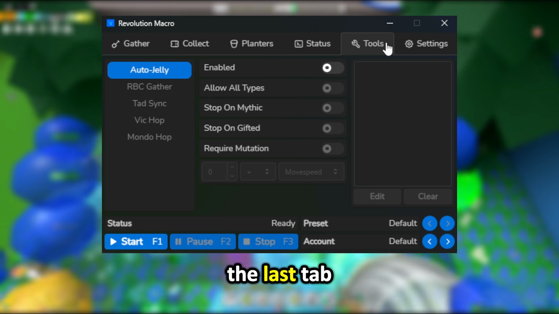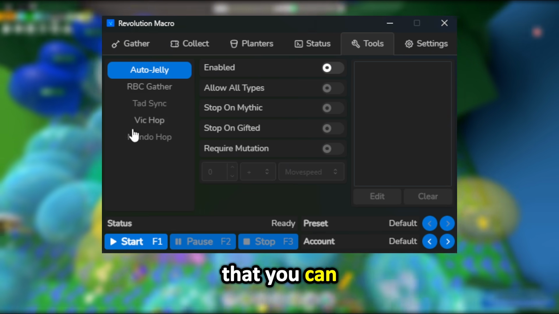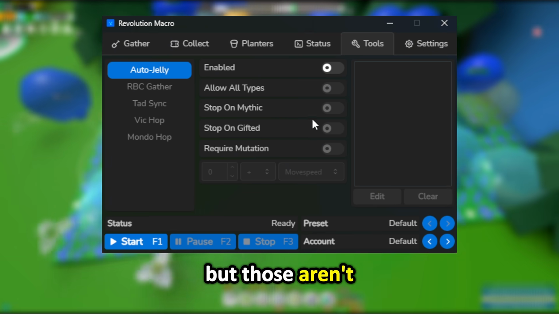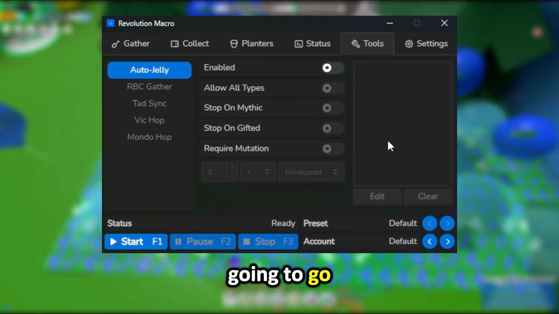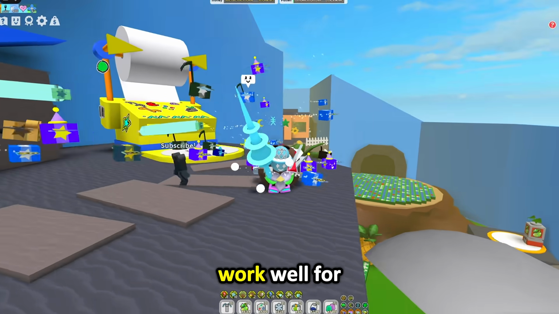And finally, for the last tab, we have tools. In tools, there's quite a few useful features that you can check out if you want to, but those aren't what this video is about, so I'm not going to go over them. I've personally had great results with these settings, and I think that they will work well for you guys as